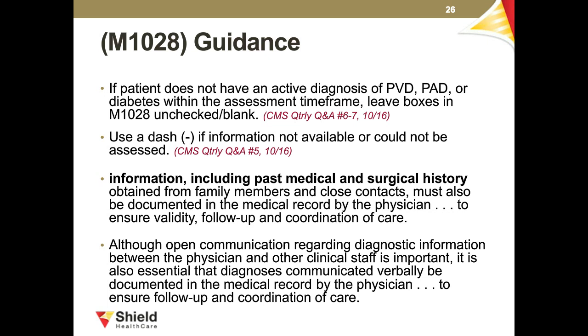Because a lot of the diabetic diagnoses are combination diagnoses and may have other things going on in addition to the diabetes, which is considered related to the diabetes. You can use a dash in this item, but a dash means that there's no information available and I'm not able to do any kind of assessment. What does that do to this item? It takes it out of being able to be used as a risk adjuster